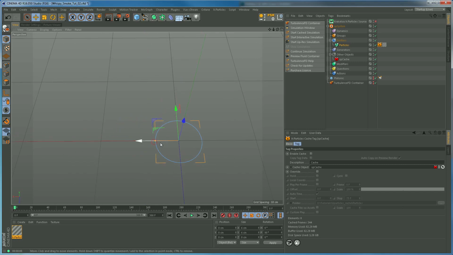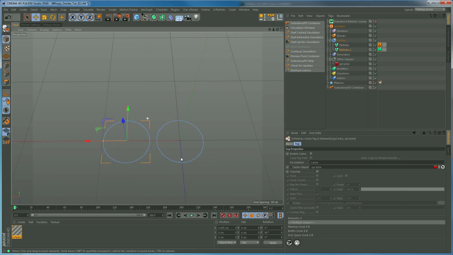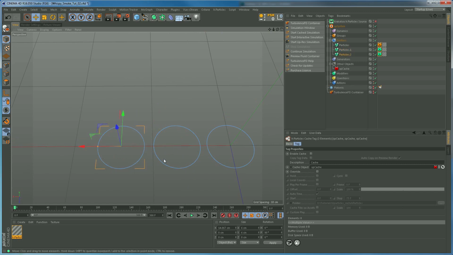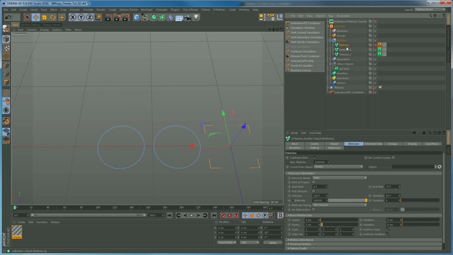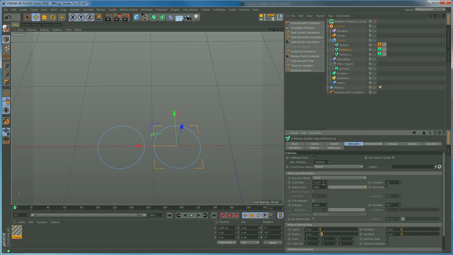And what I'm going to do is duplicate it, and then duplicate it again. So now we have 2 new emitters. This first one I'm going to disable because we don't want to look at that. And this first emitter, I'm going to set its birth rate to shot, 1 frame, duration 2, and I'm going to say just make 10 particles, and I'll just switch that third one off for now. Okay, and let's just switch off the Turbulence FD Sim, so they're going to be stationary,